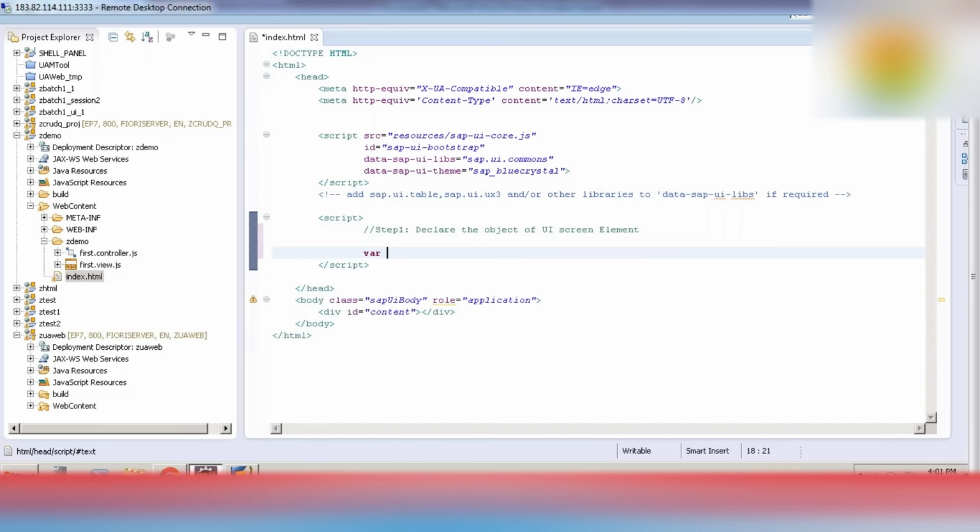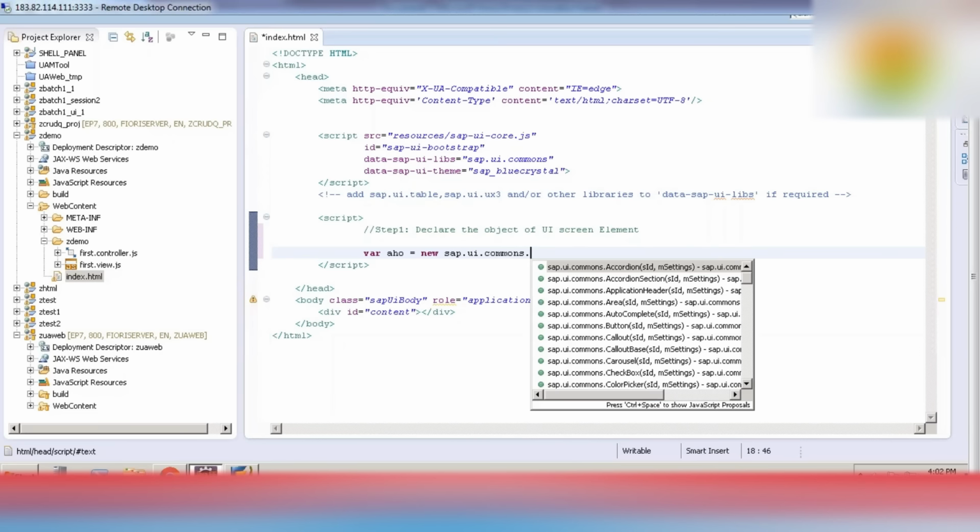Okay, so here let's suppose I am going to use a header, an application header. We are going to create one application header here. Application header, any name you can provide as per your naming convention. Here I am providing AHO. AH for application header, O is for object. Where the object, we are declaring the application header object, and new. New is a keyword here, and here I'm going to use